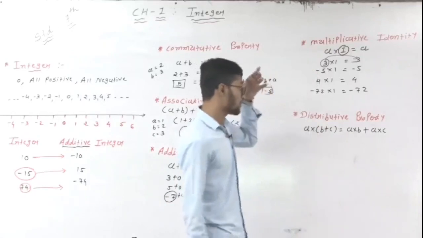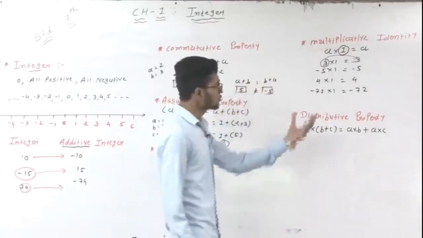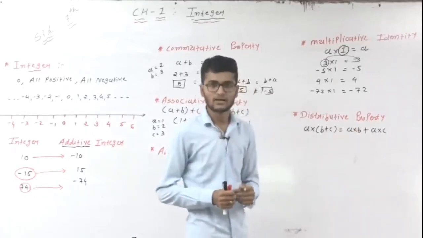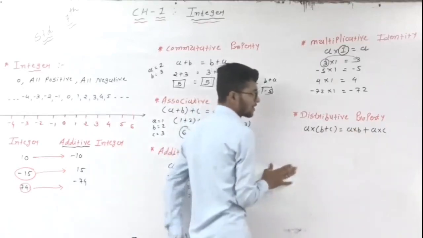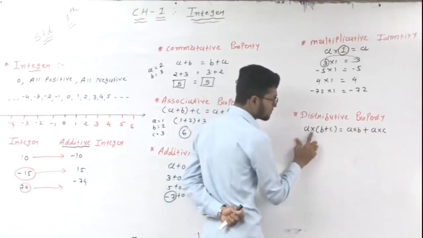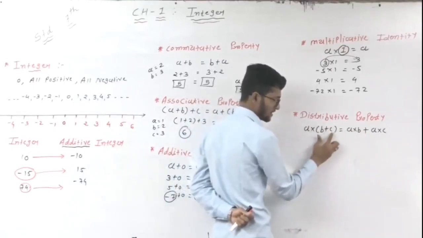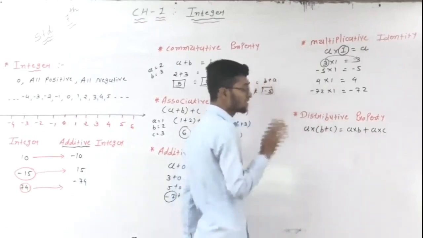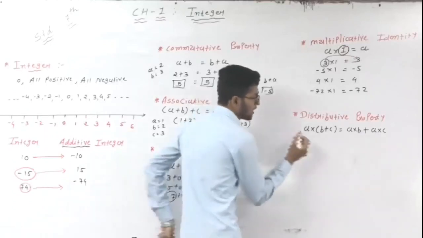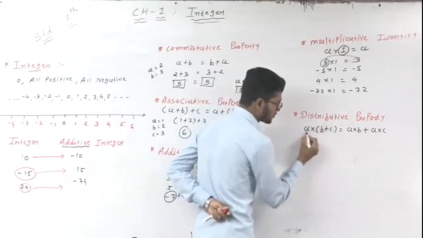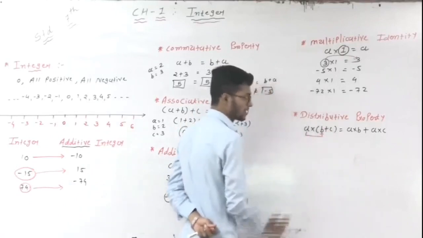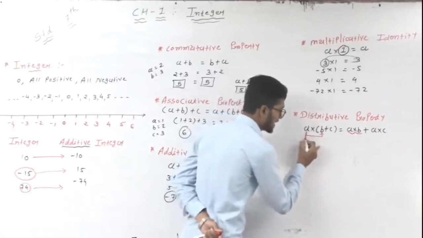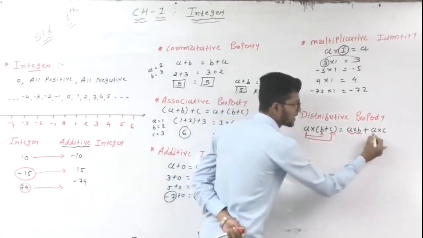Now the last property is the distributive property. So what is the distributive property? Distribute means बेचना, देना, right? So here is the general formula: a multiplied by bracket b plus c bracket close is equal to a multiplied by b plus a multiplied by c. So dear student, here multiplication sign in bracket b plus c. So a distributes to b, it means a multiplied by b here, right? And a multiplied by c.